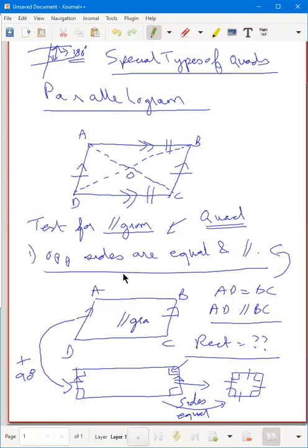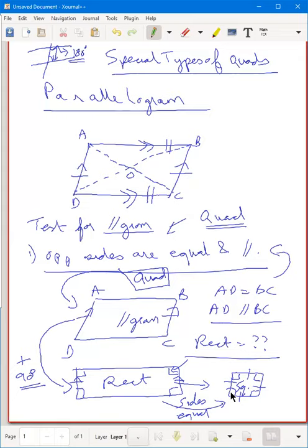If we have any quadrilateral, everyone listen to this. If I can prove that its opposite sides are equal and parallel, it will become a parallelogram. Every parallelogram, if I can prove that its angles are 90 degrees, will become a rectangle. Every rectangle, if I can prove its sides are equal, will become a square. We have a few more shapes in between, like a rhombus and a trapezium. We will get into that subsequently once we finish parallelogram.